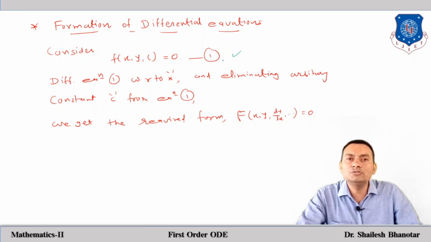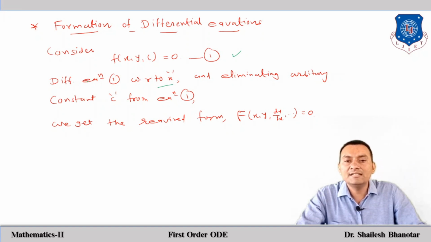Now I want to form the differential equation from this solution, but how can we? First, in the differential equation the arbitrary constant should not be there. Here we have only one constant, which means we have to differentiate with respect to x only once. If there are two constants, we have to differentiate with respect to x two times. But let us first see what the procedure is for the differential equation that we want. So, differentiating with respect to x.